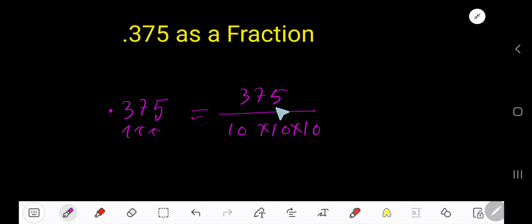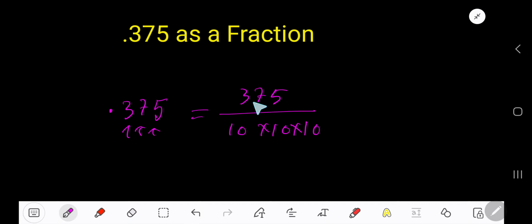Now you need to simplify this fraction. So how to do that? To simplify this fraction in one step, you just need to divide the numerator and denominator by the greatest common factor of the numerator and denominator. In this case, you first need to find the greatest common factor of the numerator and denominator, then divide. And if you want to simplify this fraction in multiple steps, then you need to divide the numerator and denominator by the